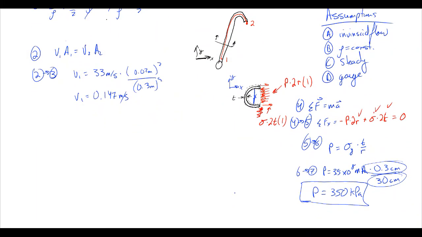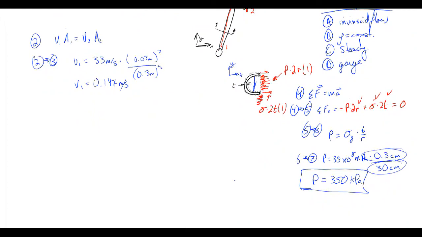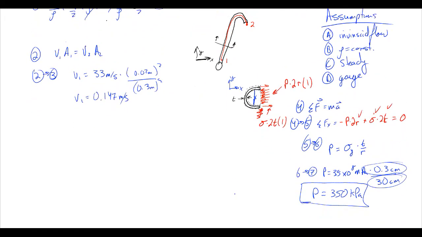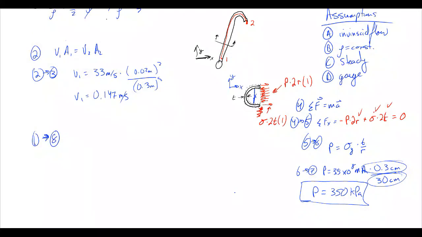So if we plug everything in and solve for this, we get, what equation are we on now? 1 to 8. We're on equation 8 now. We can solve for Z, and we find out that Z is equal to P1 over rho G plus 1/2 V1 squared over G minus 1/2 V2 squared over G. And if we plug everything in, we see that this is equal to